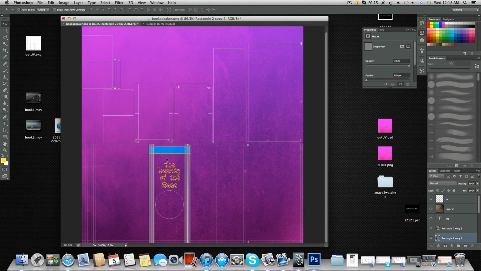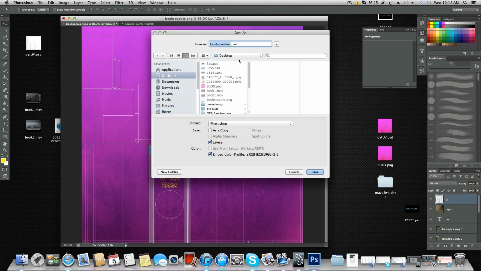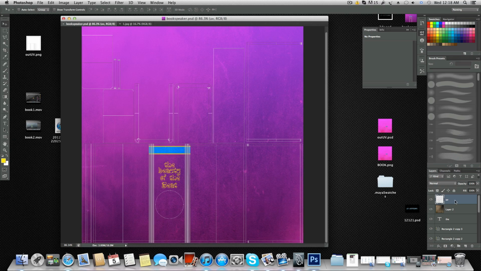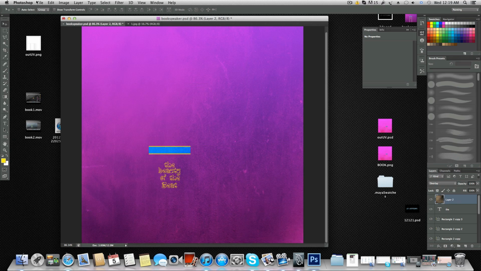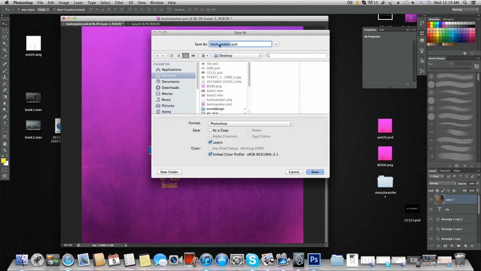But first, we don't need the UVs anymore. So the UV layer you can get rid of it. But before you do this, click save. Okay, save it, same name, save. Okay, and now delete it. Go over File, click Save As. Change the name, okay? Change it to